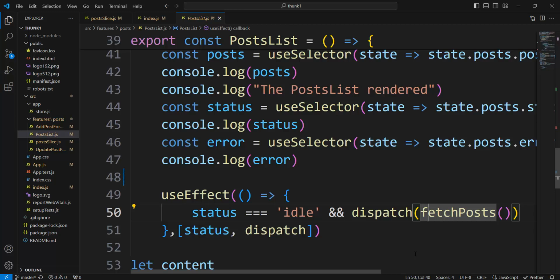If not, action type rejected. But for us, the interesting one is action type fulfilled. It means that posts from the remote server are coming